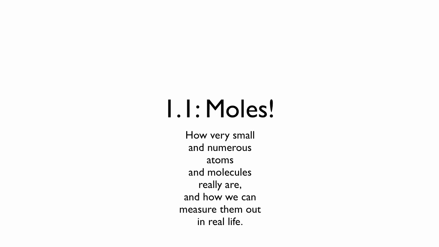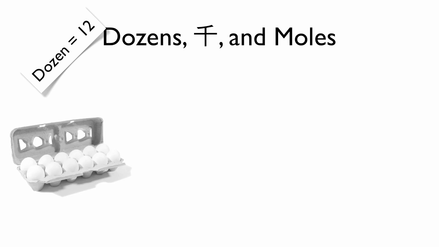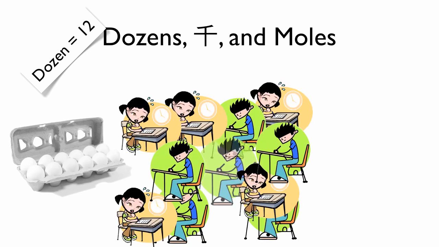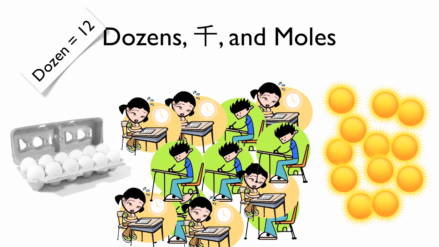Subtopic 1.1: Moles, aka how very small and numerous atoms and molecules really are and how we can measure them out in real life. There are many ways we can count large groups of things. For example, dozens, which are 12, such as a dozen eggs, a dozen students, or a dozen sunny days, which